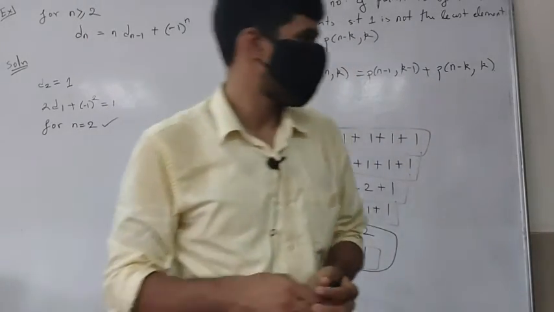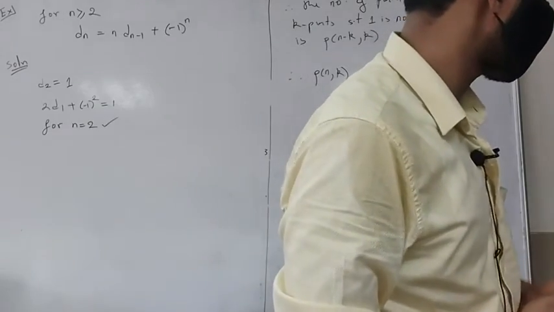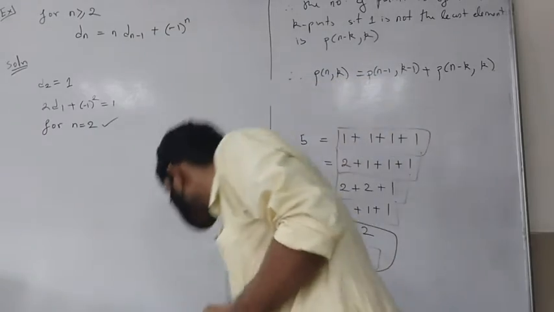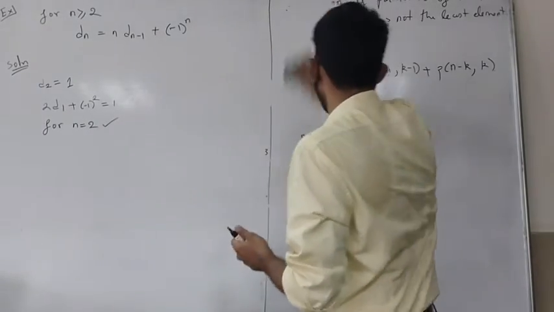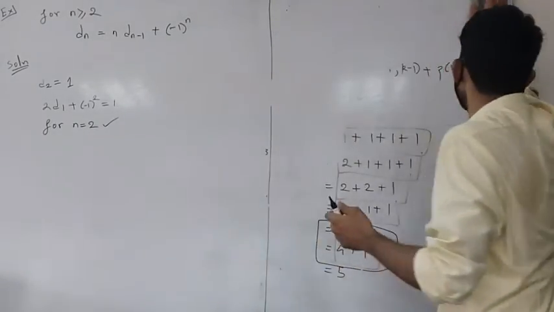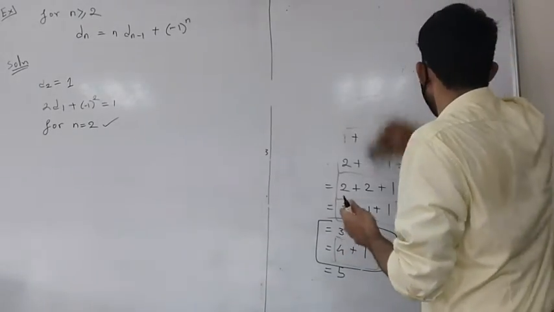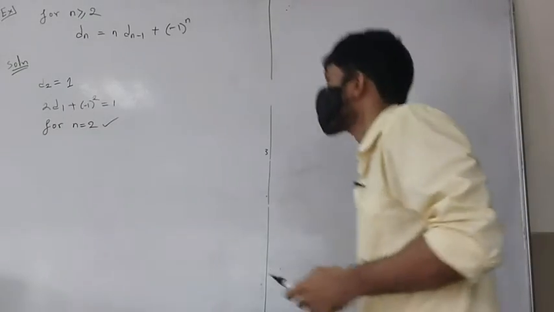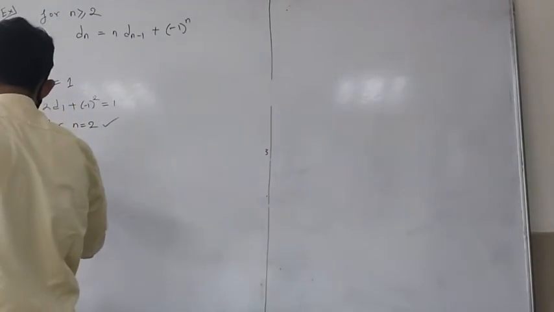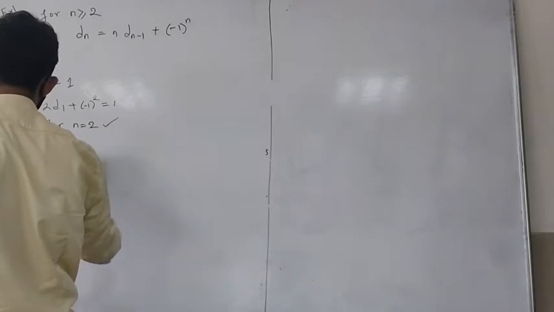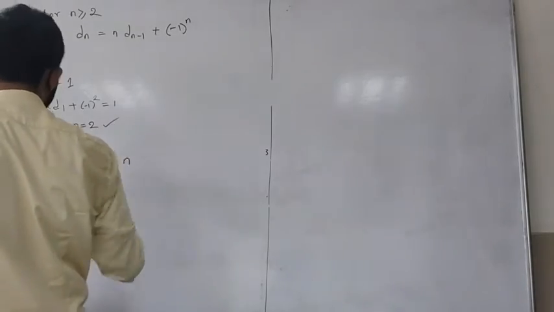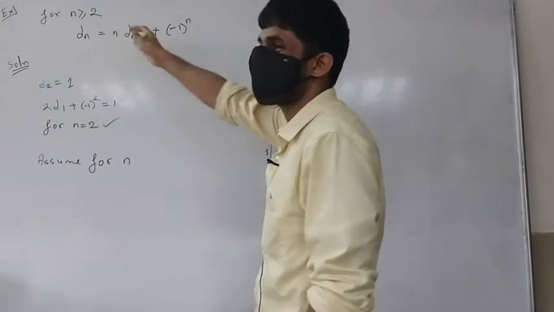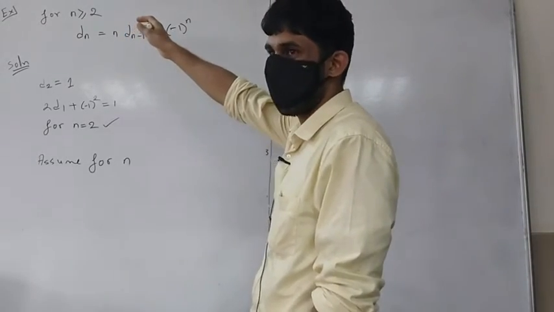Is there a way of giving me one? Of course, I could just use the formula and do it, but maybe that's the best way to approach this. Let's just use the formula and do it. I don't know whether I can think of a combinatorial argument for this, but we will require this anyway later. So let's prove it. Assume for n, to prove for n plus 1. You basically just have to look at the formula and do it.